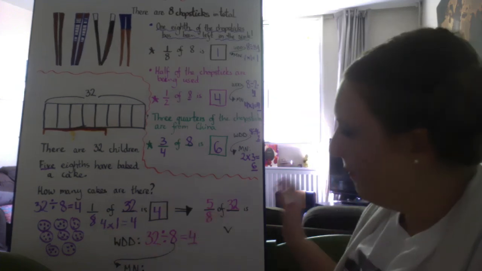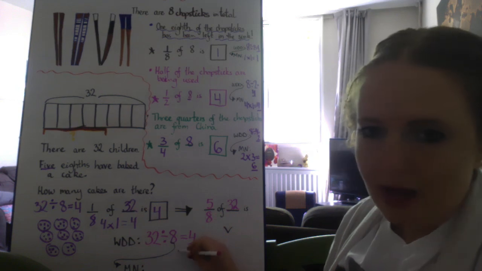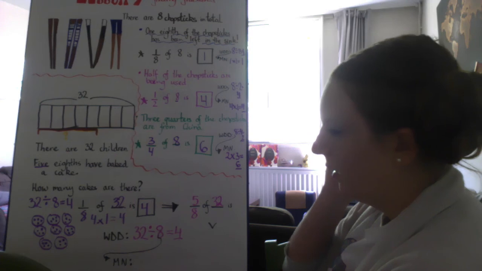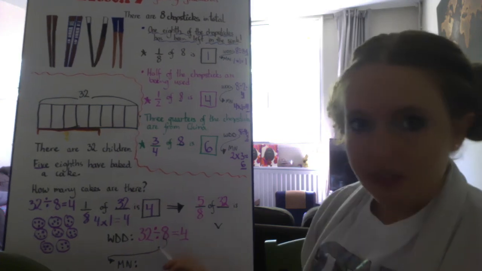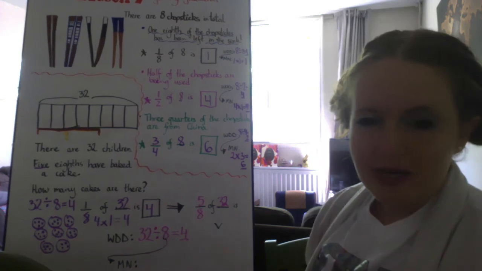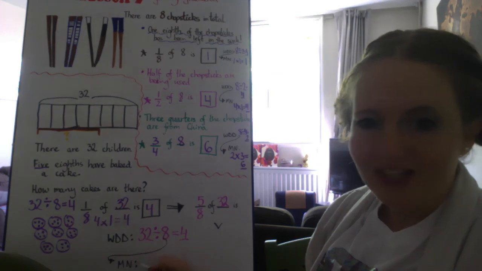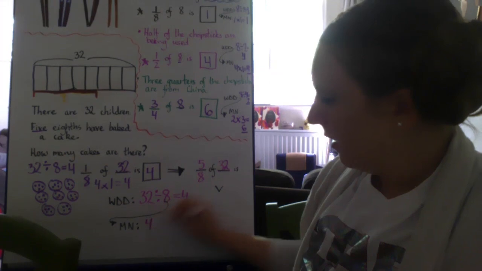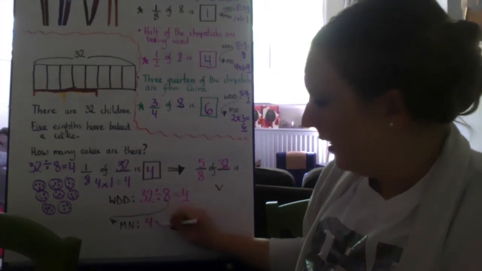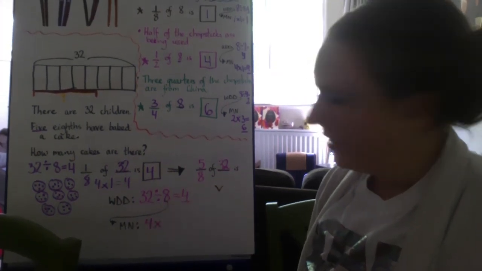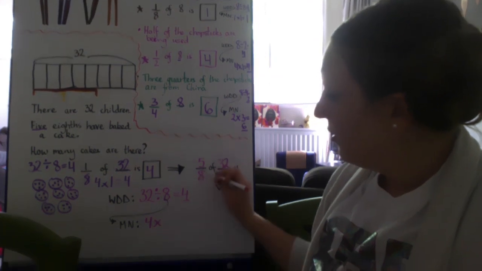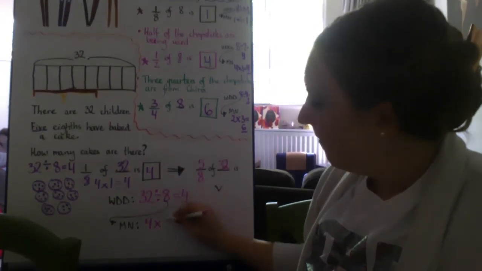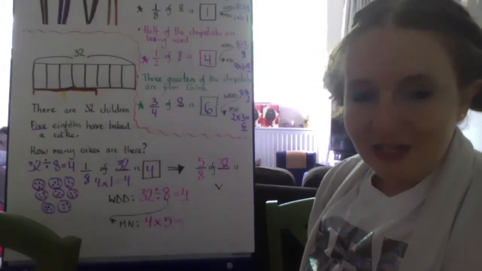Now, next step, remember, we're going to take that 4 and multiply it by the numerator. Now, we found that 32 divided by 8 is 4. We need to do the next step and multiply by the numerator, MN. So I'm going to take my 4 from here and now multiply by my numerator. Now this was my problem. My numerator is, tell me when to stop. Stop. 5. So 4 times 5 is equal to